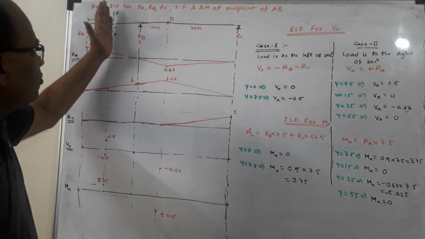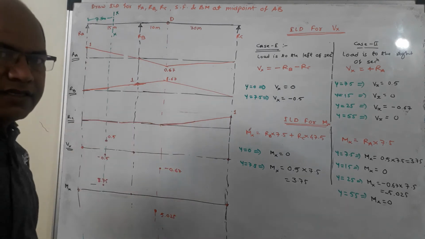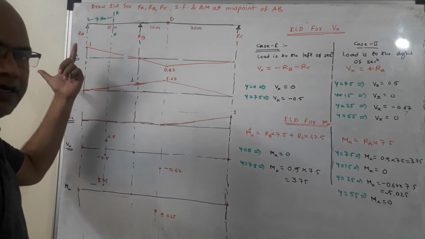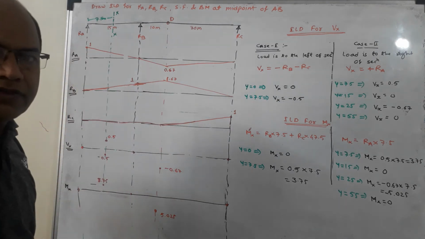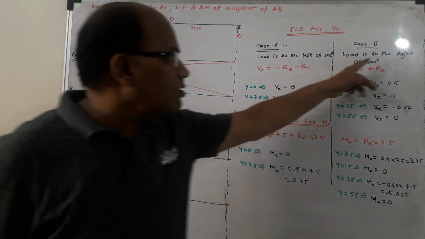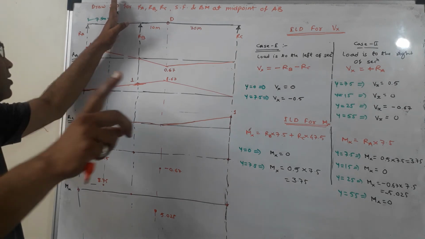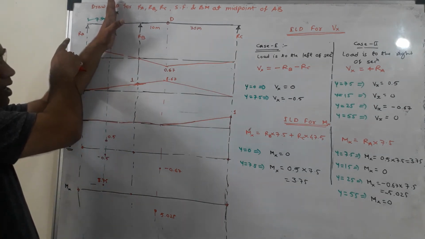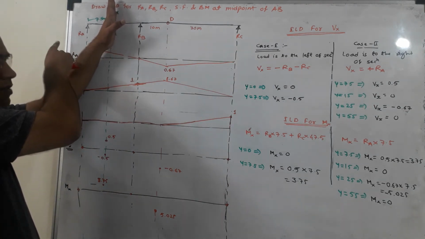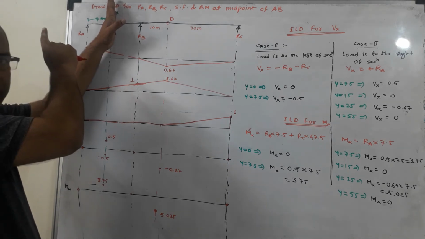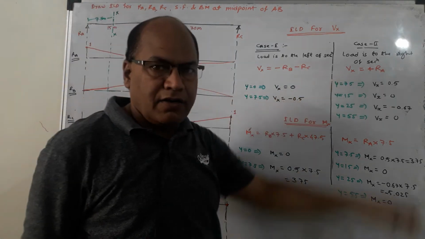Now when the load moves to the right of section XX, we go with the left part and calculate the value of the shear force from the left part. So when the load is in right part, Vx is to be obtained from the left part and we can see that there is only one reaction, which is Ra. It is upwards to the left of that section, should be treated as positive. So Vx is equal to plus Ra.